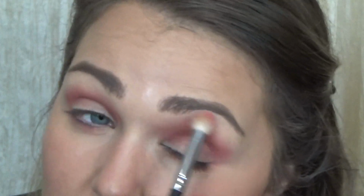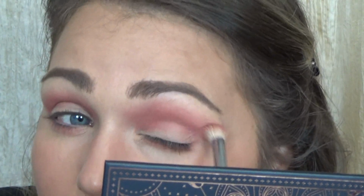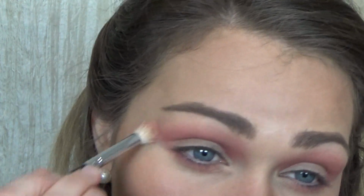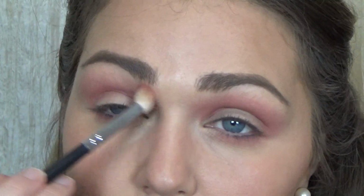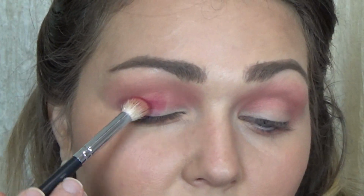Okay, so with what little bit is left on that brush, I'm just going to go buff my edges out, make sure everything is soft, blended. And for this look, I think I want to take it out just a little bit. I'm going to flare it out just a little. Nothing super crazy, but I say that and then sometimes that changes. So we're going to take this next shade, Bahamas, same brush, and we're going to start putting that